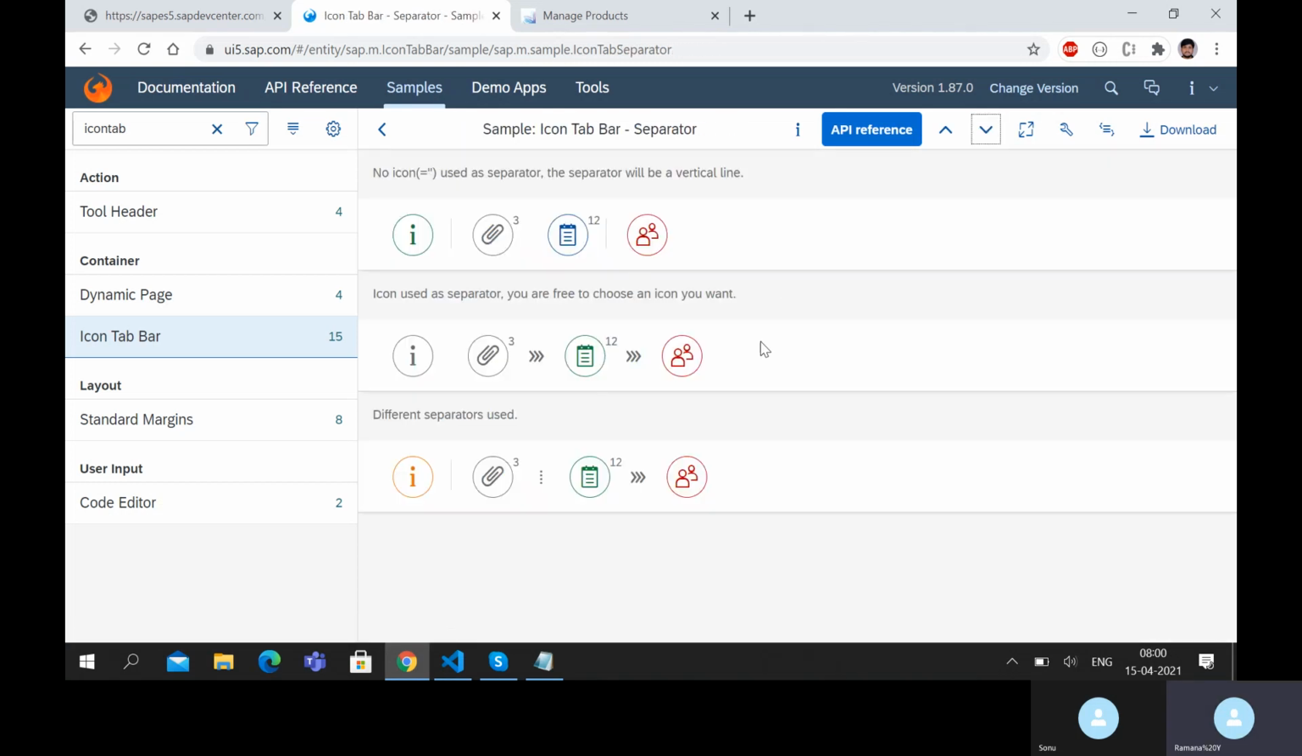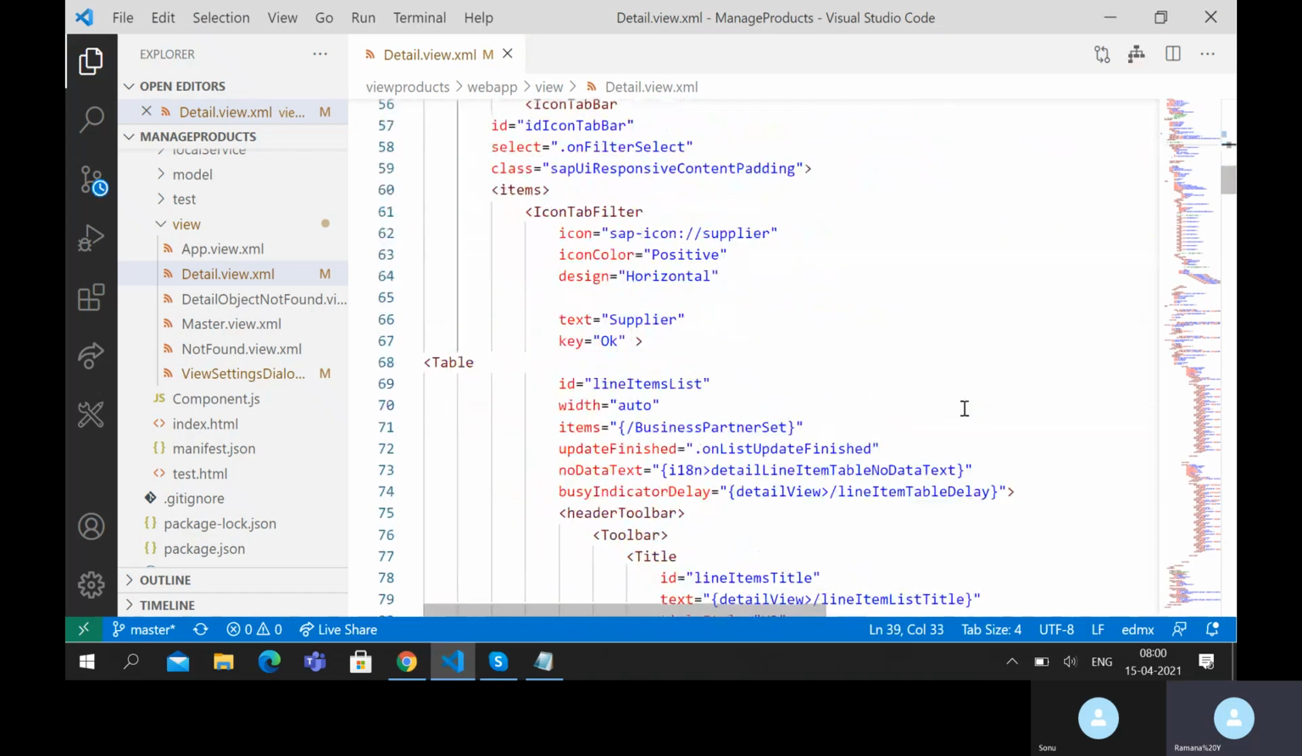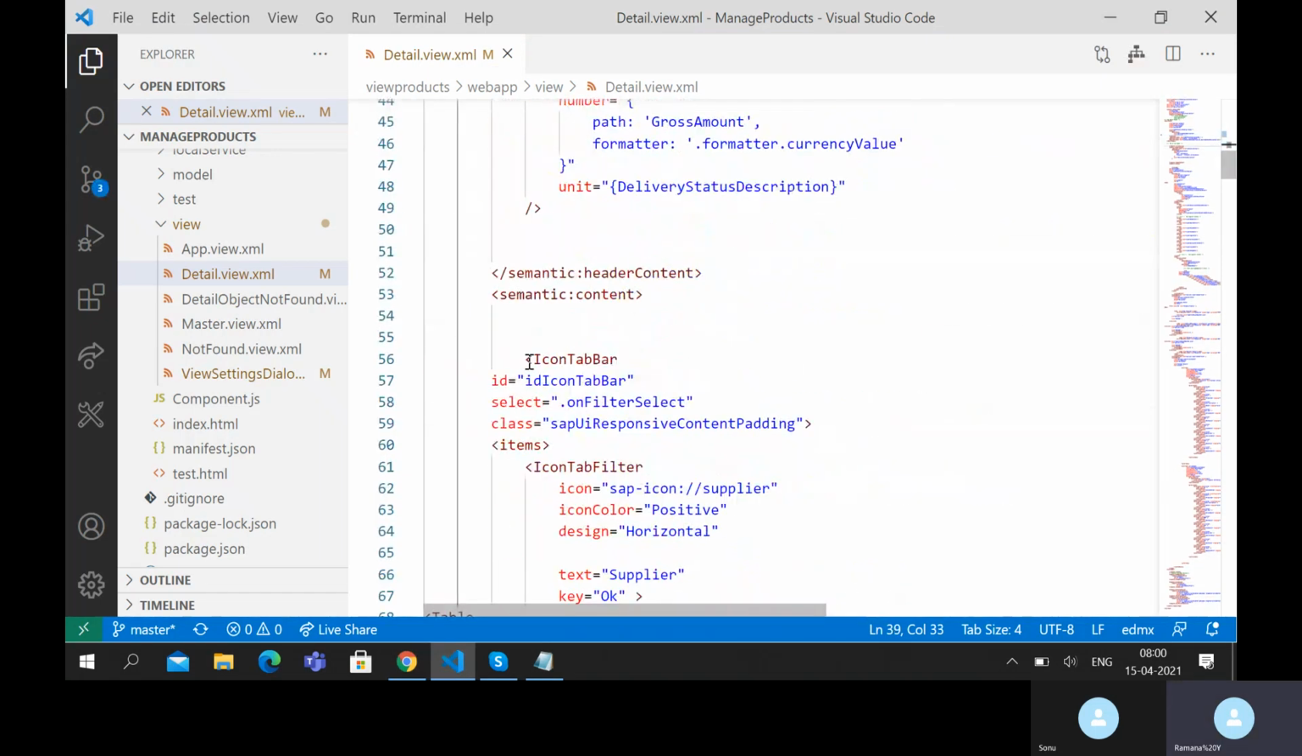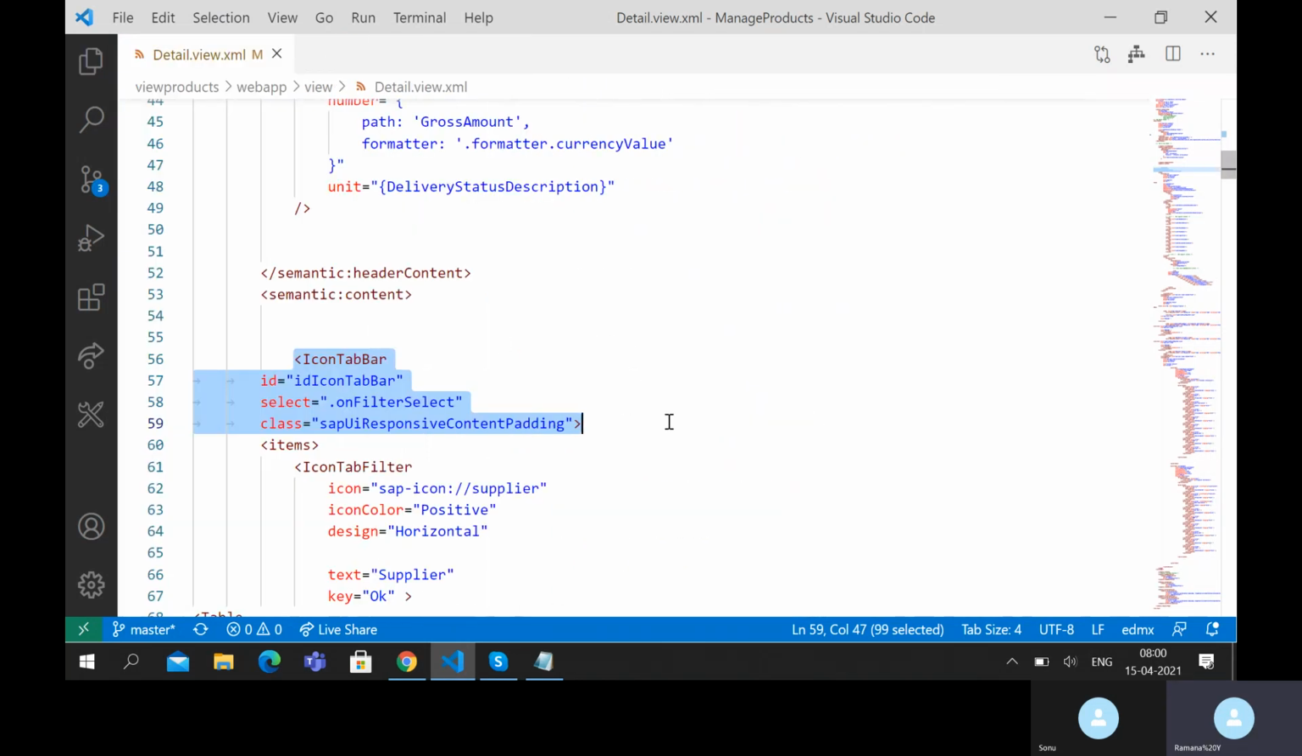So let's see how to use this particular control here. All we use is IconTabBar. This is an element we use first. If you want to have three tabs, all you have to put is an items aggregation. Control within a control, we call it an aggregation. Okay, IconTabBar has